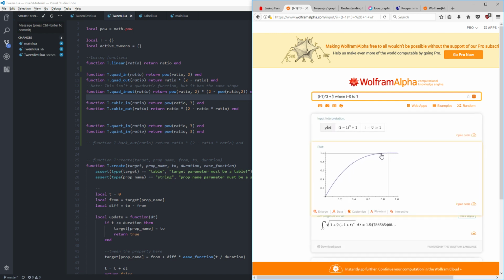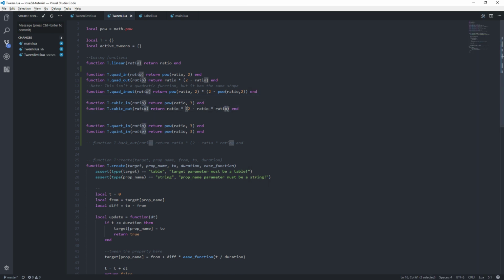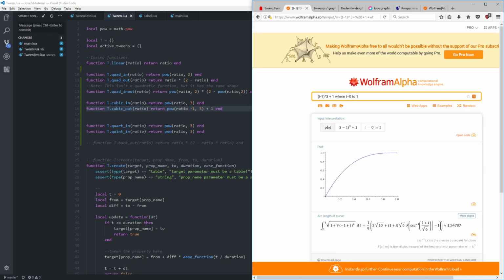Yes. That, I do believe, is what we want. Let's do a comparison. Let's implement it real quick. That was the cubic out, right? So then we would do return: that would be a power of ratio minus 1, and we want to cube that, and then we want to add 1 to that so that we come out correctly. So let's compare that just to make sure that this is more bulgy, if you will,